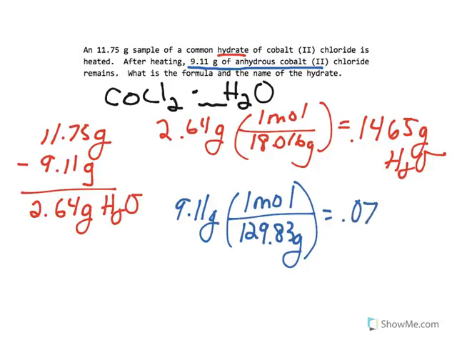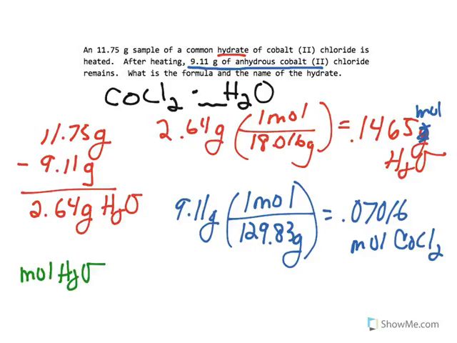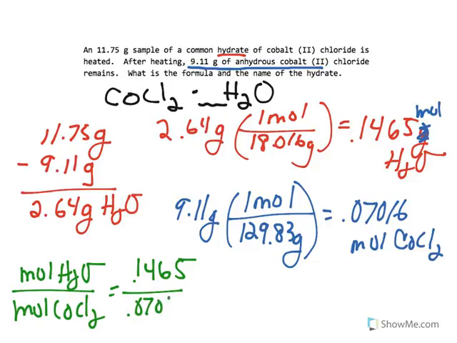And then I got 0.07016. And that's going to be, this is not grams, this is moles. This is going to be moles of CoCl2. And what I wanted to do was find the ratio of those two numbers. So I take the moles of water over the moles of CoCl2, 0.1465 over 0.07016, and this should be a whole number as well,